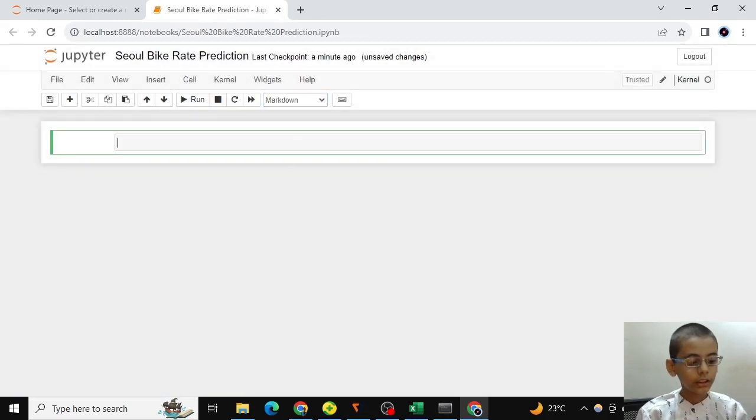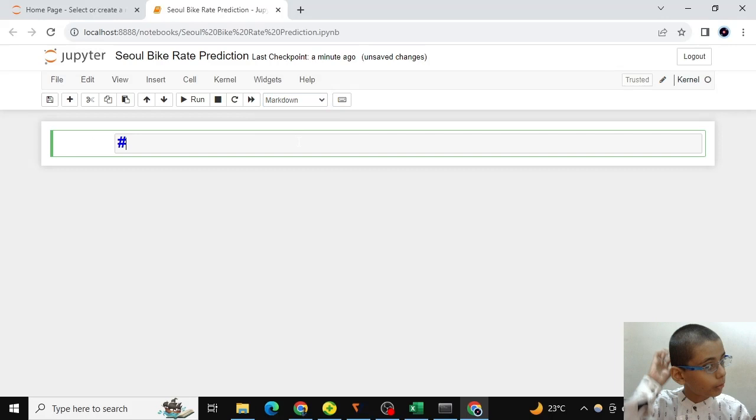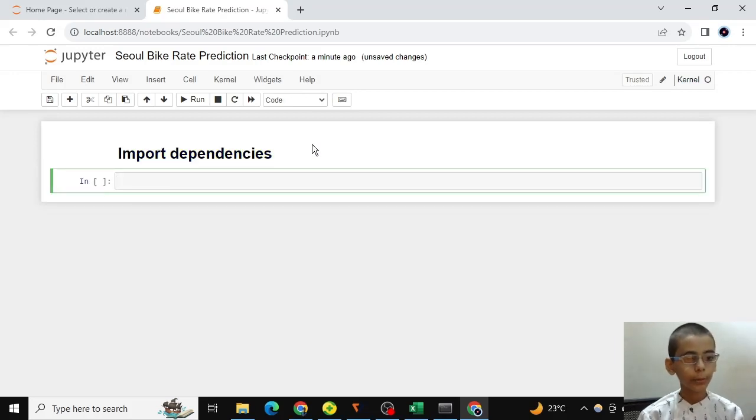and after that we create a markdown. We have to import dependencies in this cell.